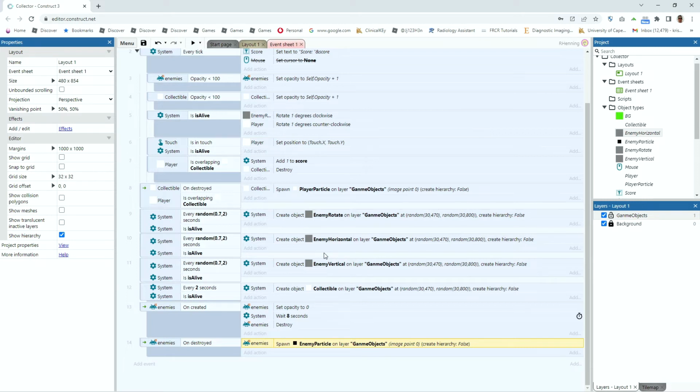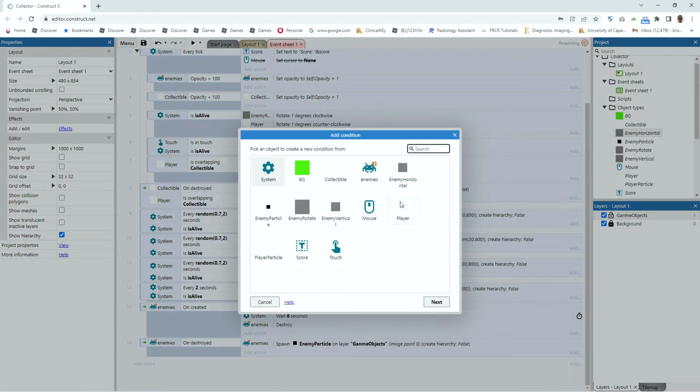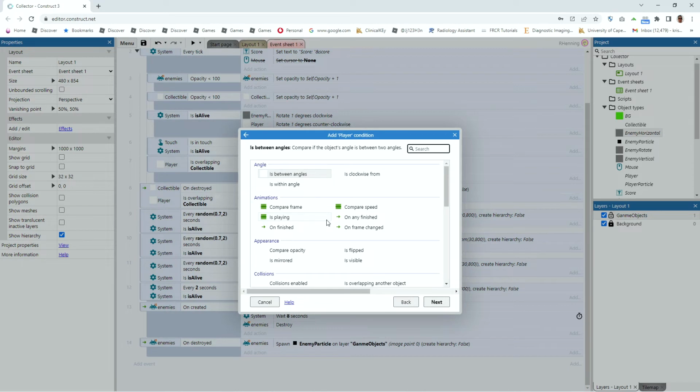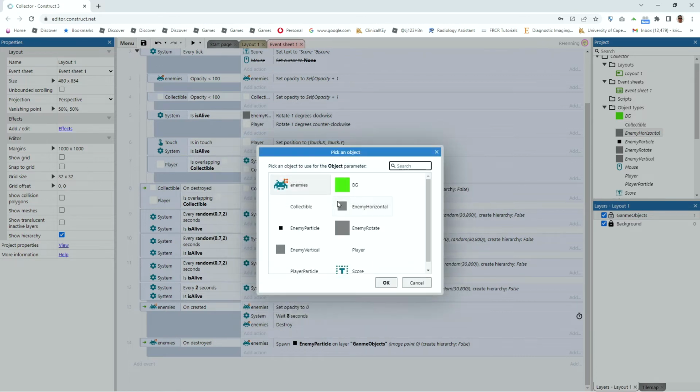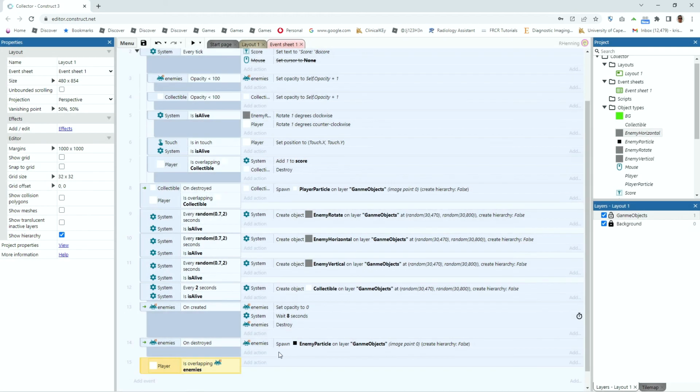Well, after they are destroyed, we now need to find out how the player dies. Well, the player dies if they connect or collide with an enemy. So let's add an event: player on overlapping enemies, or colliding. Either one will work. I tend to choose overlapping. So player is overlapping enemies,